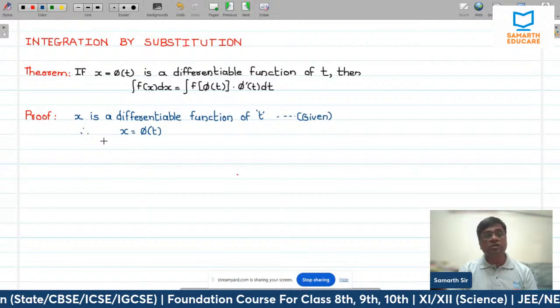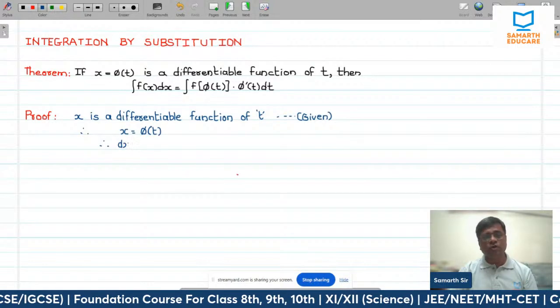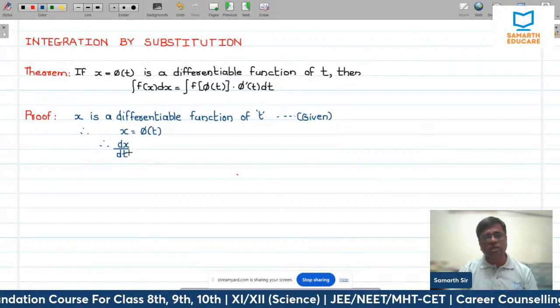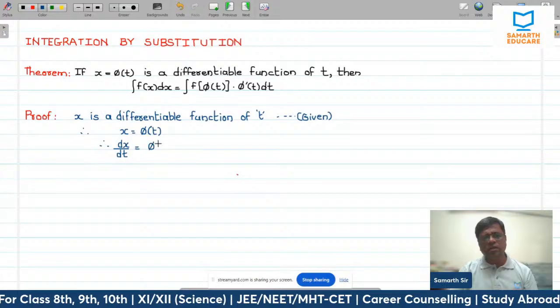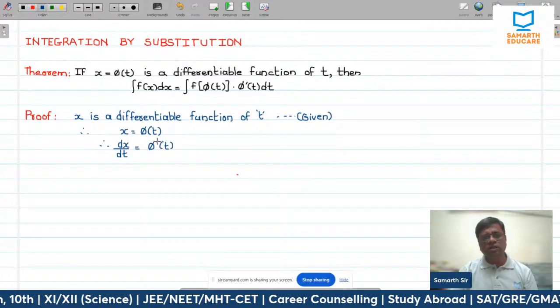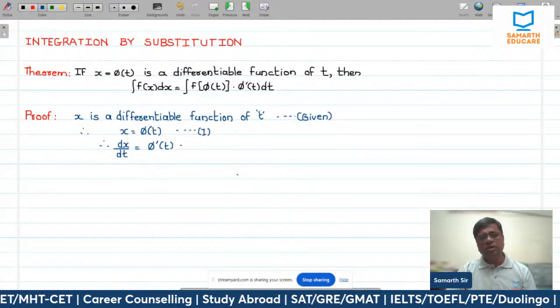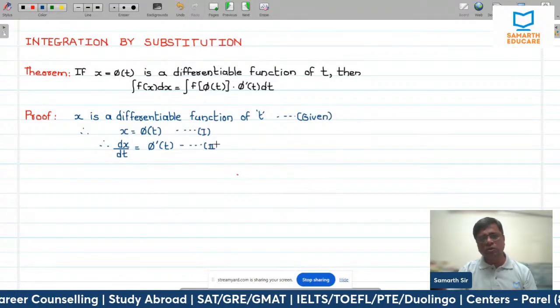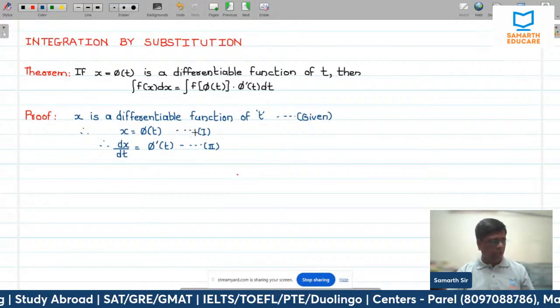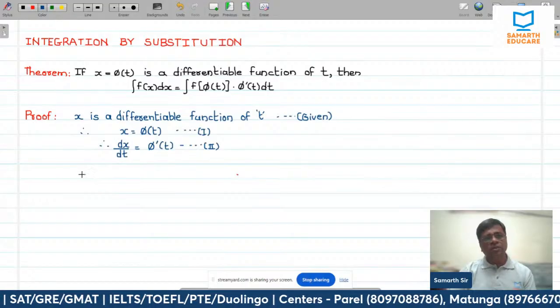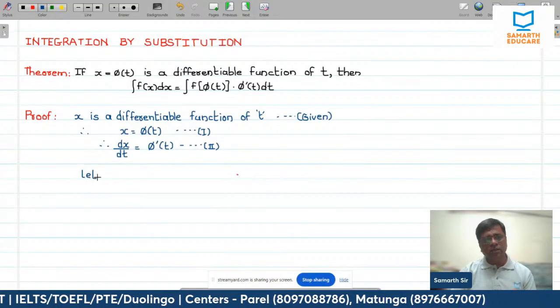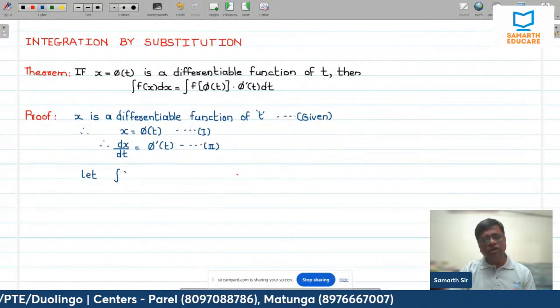If I take the derivative of x with respect to t this time, that will be equal to phi dash t, right? Let me mark this as equation number 1. Let me mark this as equation number 2. Okay, now once this is done, let integration of f of x